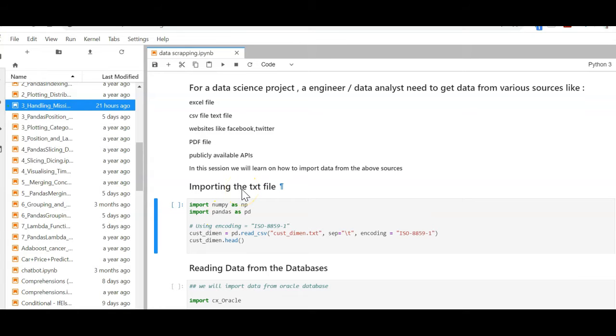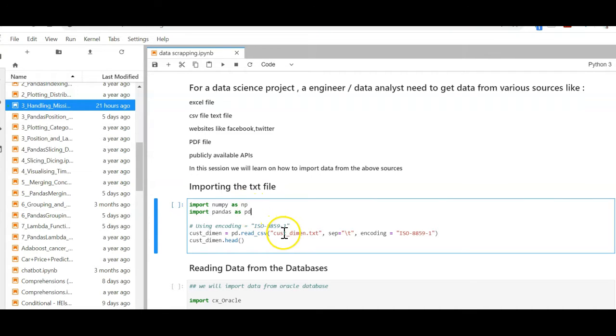For a data scientist, data is everything, and that is why the source of data is very, very important. For making a good business decision, a data scientist should be able to extract data from various sources like an Excel file, from social networks like Facebook or Twitter, from a CSV file, from the in-house RDBMS database, from a PDF file, etc. So in this session, we are going to learn how to extract data from various sources. So first we will start with importing a text file.